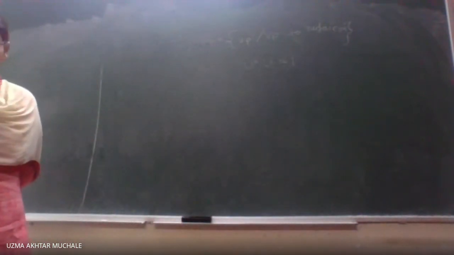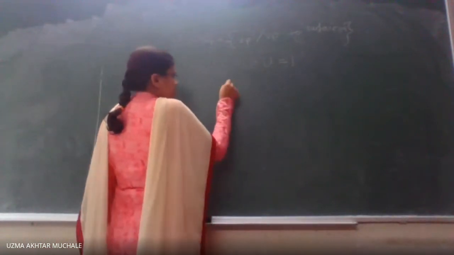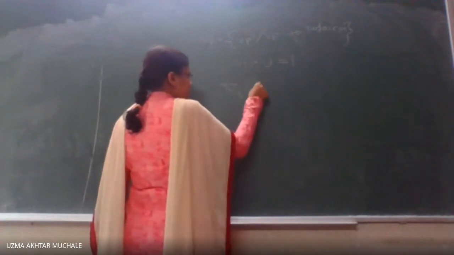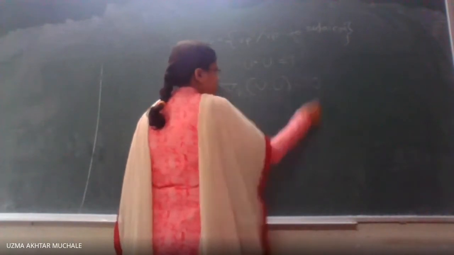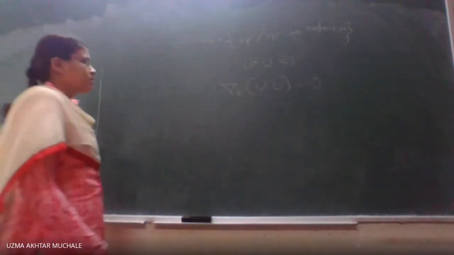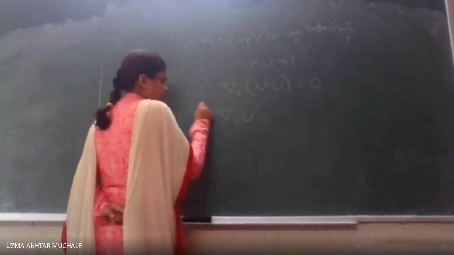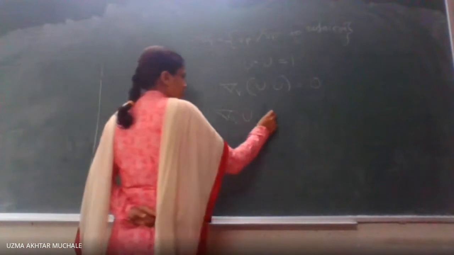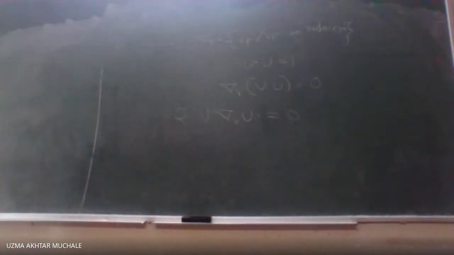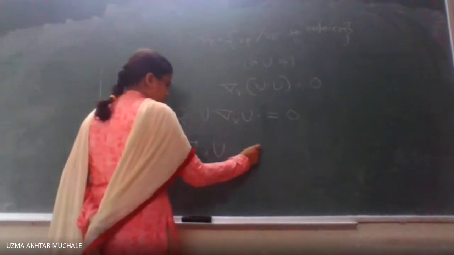Okay, unit normal. Let us differentiate this, as it is a unit normal vector, with respect to a tangent vector V. The derivative of u dot u equals the derivative of a constant, which is 0. Differentiating, we get del v u plus again the same term, so 2 times del v u bar dot u bar is equal to 0. As 2 is non-zero, del v u bar dot u bar is equal to 0.